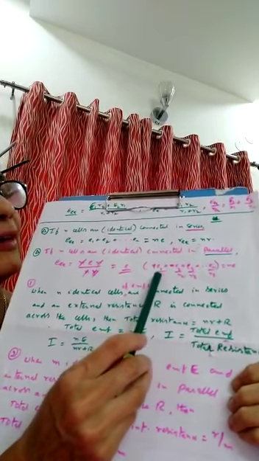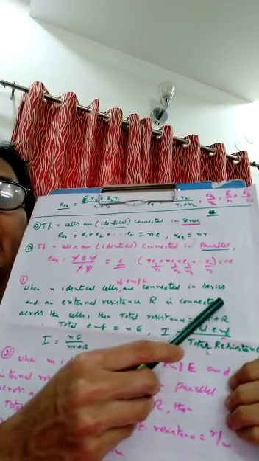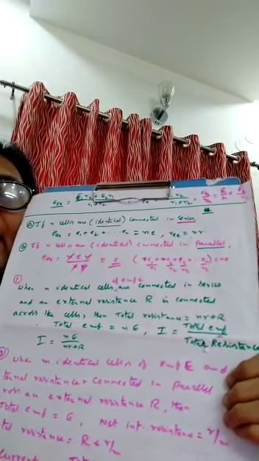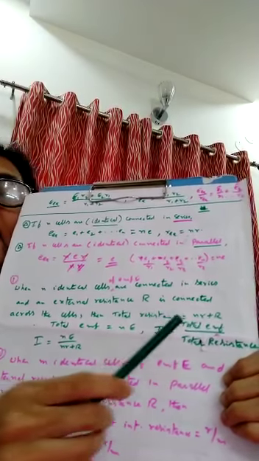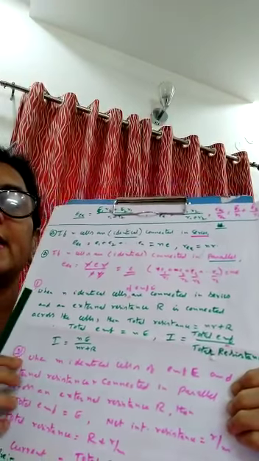First we have 1 by r plus 1 by r plus 1 by r and so on, that is n by r. Okay, when we reciprocate it, we will get the value of equivalent resistance. That is, you know how much? It is r by n. That is the equivalent resistance here.